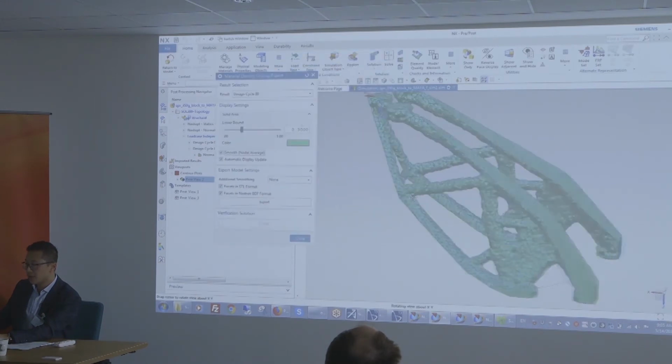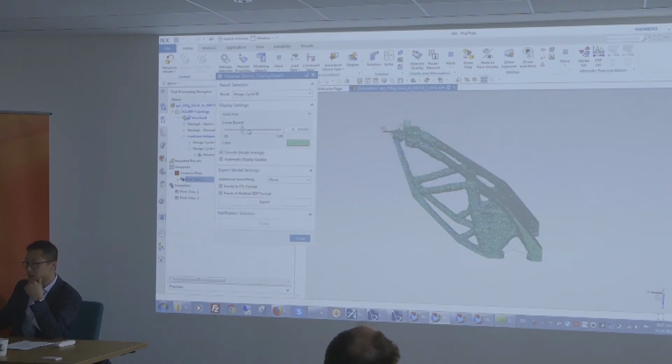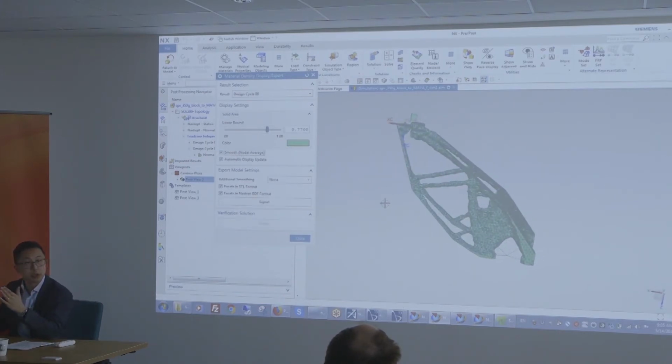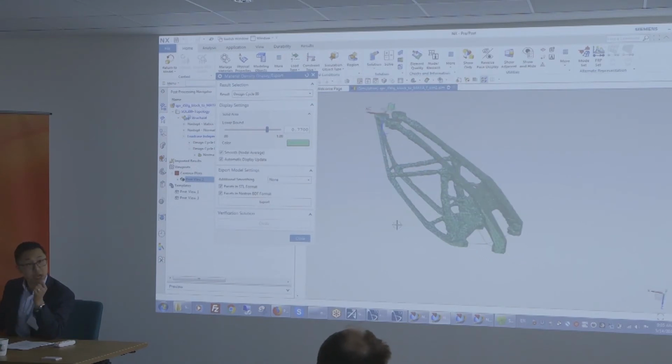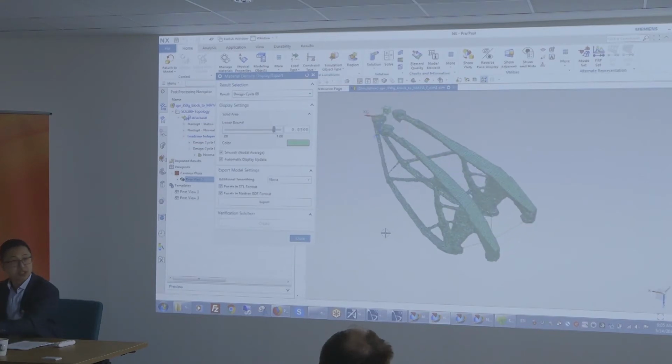Right, and now what you see here, this is starting to look like a bracket that can be 3D printed, right? So we can also refine it a little bit more to reduce the quantity of material. Let me just bring that up here, right? So as we go, we can increase the amount of material we want to trim off and generate a geometry based on what you see here. Okay, so some folks will want to remove as much material as they can, so increase that slider to the right, and then use that geometry.